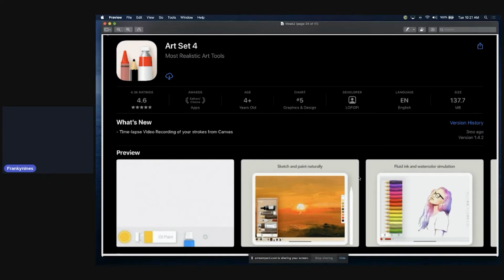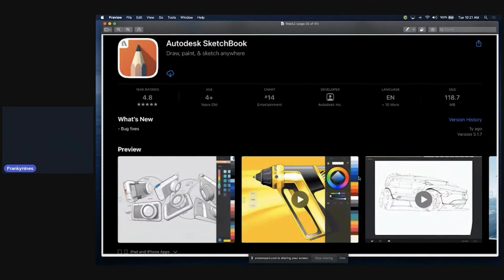So yeah, Artset, check that out. Autodesk, really good. Autodesk makes awesome software. Not only do they have concept design software, they also have desktop suite apps as well. So you can get pretty funky with all that stuff on your PC or on your MacBook, and then you can also get into it with